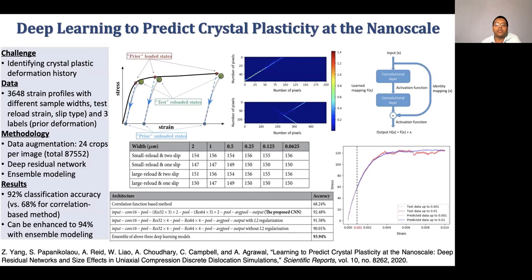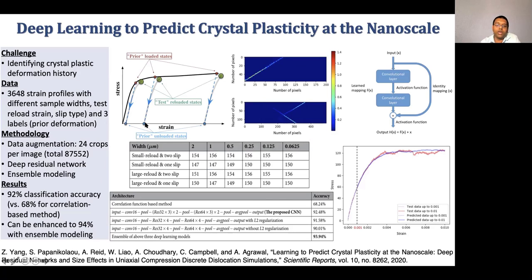This example is a recent work in collaboration with NIST and West Virginia University, where we're using deep learning to learn crystal plasticity, that is, how to identify prior deformation history. On a typical stress strain curve, if we apply a loading condition and go to this red point, and then we release the load, we'll go back to this blue point. So it has some prior loading, which has deformed the material, but let's say that's unknown. Now the question is, can we start from this point and figure out what the prior deformation was?